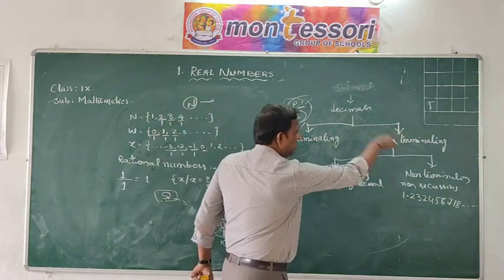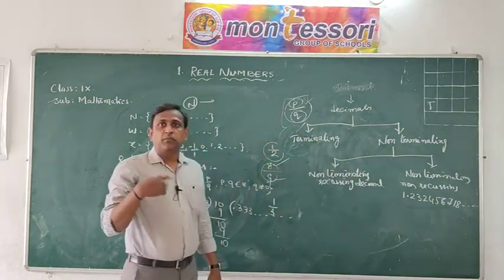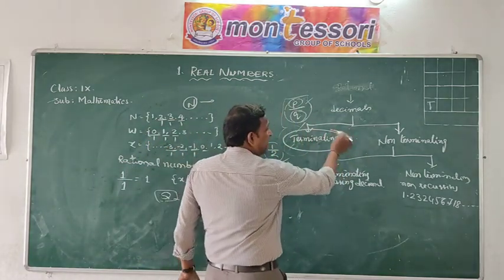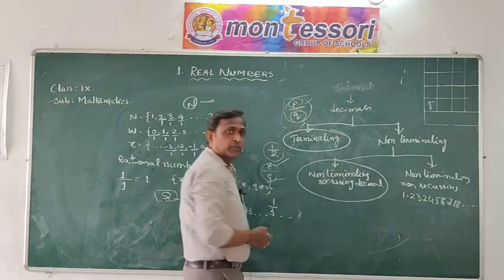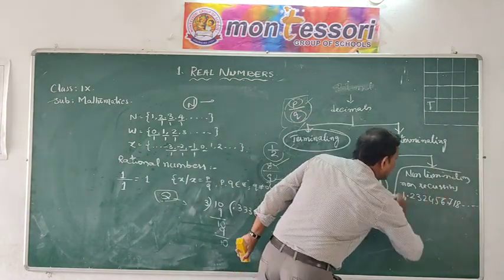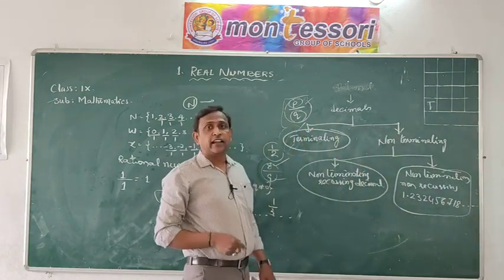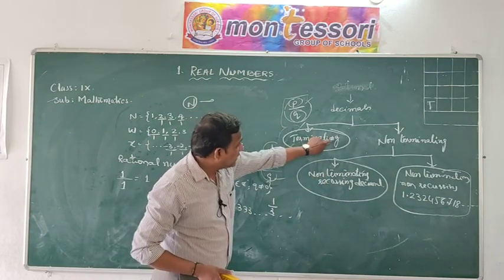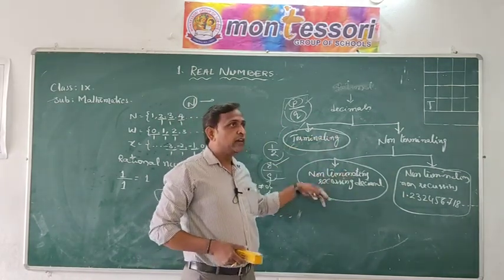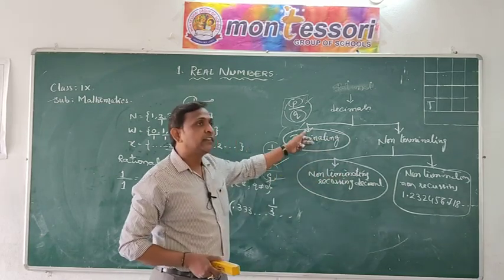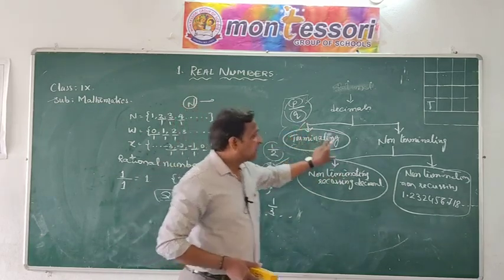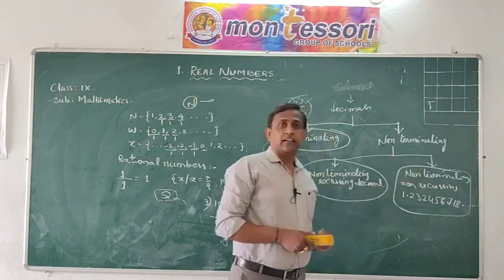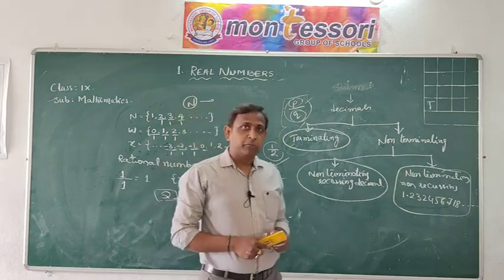So out of all these forms, we have to see which are rational and which are non-rational numbers. This is the rational part, and this is also the rational part. But this is called the non-rational, that means it is an irrational number. What is that? Irrational number. So terminating decimals and non-terminating recurring or repeating decimals are called rational numbers. But the remaining numbers, which are non-terminating, non-recurring decimals, are called irrational numbers.